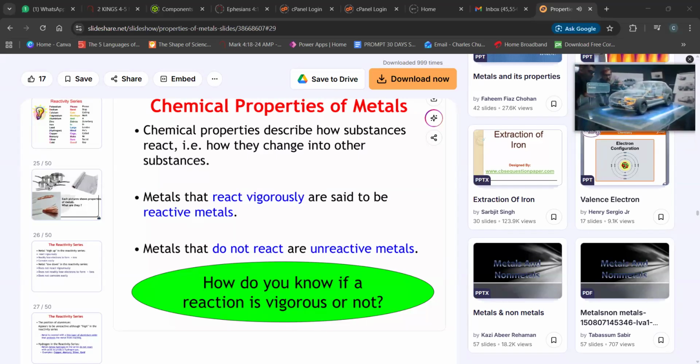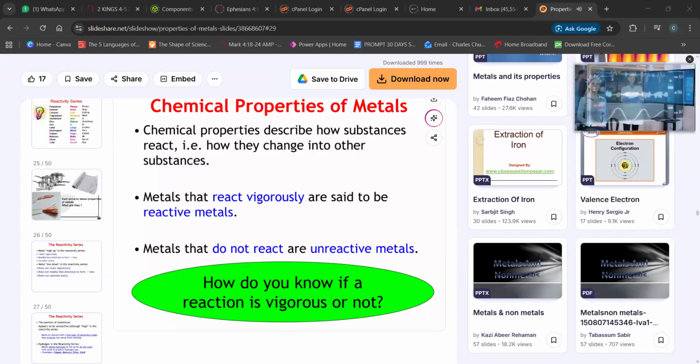You see how sodium reacts with water, especially. In some cases, it's even said that they explode. Sometimes you don't even need to bring water close to it. It reacts with water vapor in the air. You don't need to even bring liquid water. The water vapor in the air is enough for it to react. So, of course, there are also unreactive metals. They do not react vigorously.